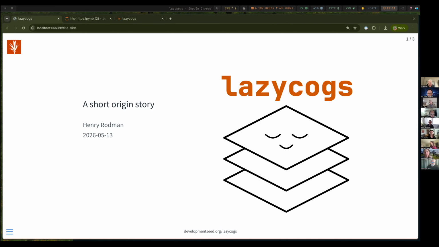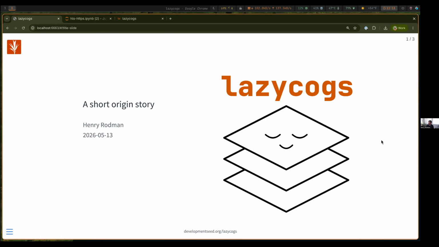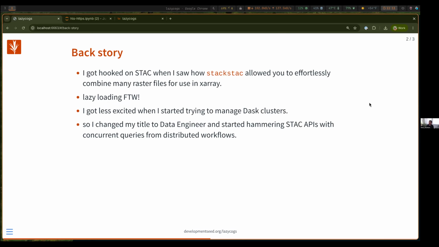I'm here to talk about lazycogs. I'm going to give a really lightning fast lightning talk intro to lazycogs and why it exists and what it is. And this brings me back to when I first heard about the Pangeo community, which is